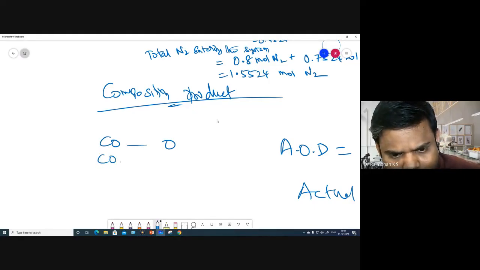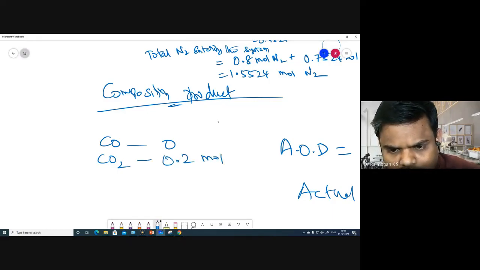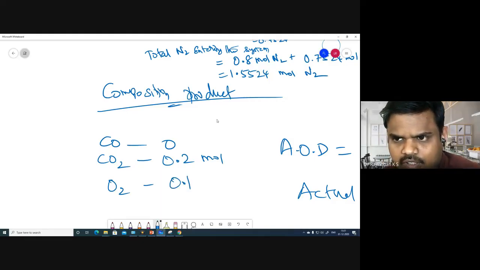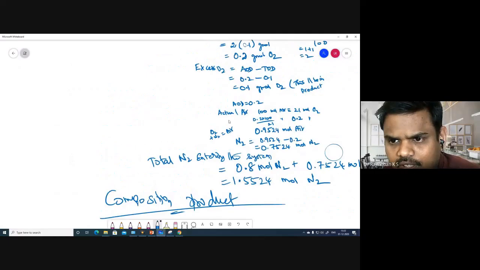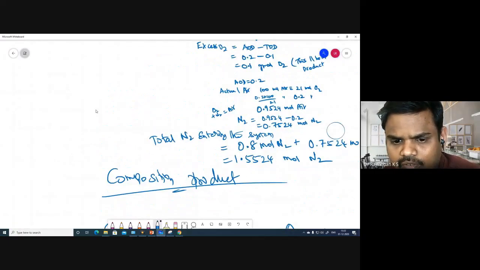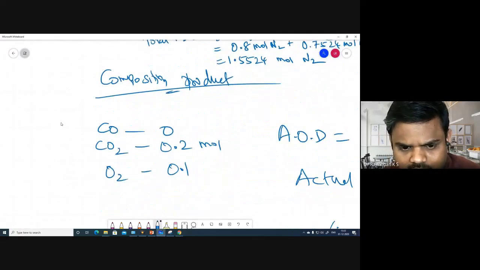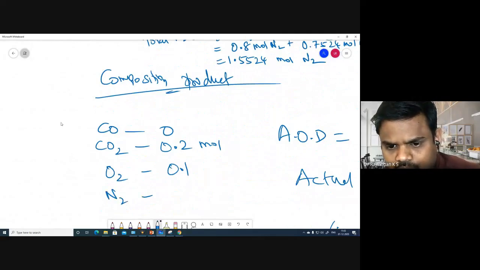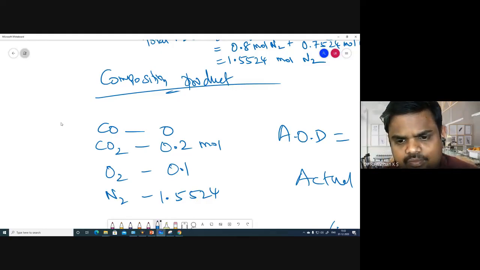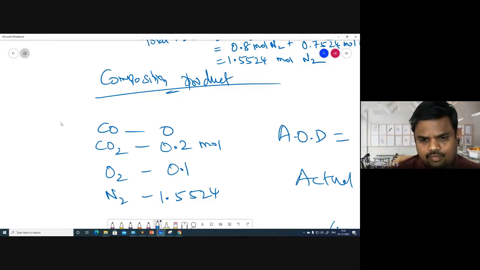Okay. CO2 formed is 0.2 moles. Okay. So how much excess oxygen? Excess oxygen we have calculated, that is 0.1. Theoretical we have calculated the excess oxygen, which is 0.1 gram mole of oxygen, and nitrogen is 1.5524. Okay,